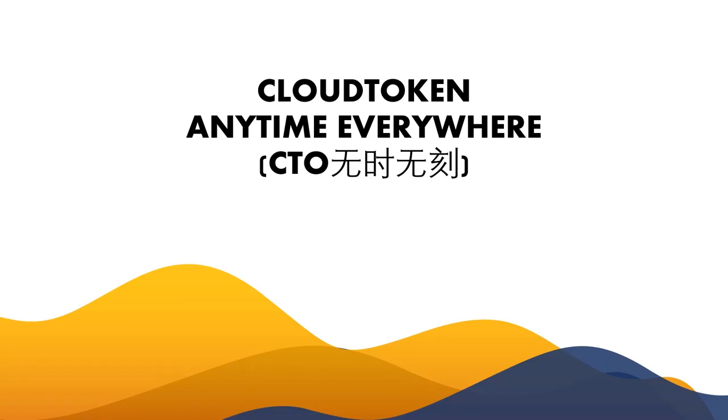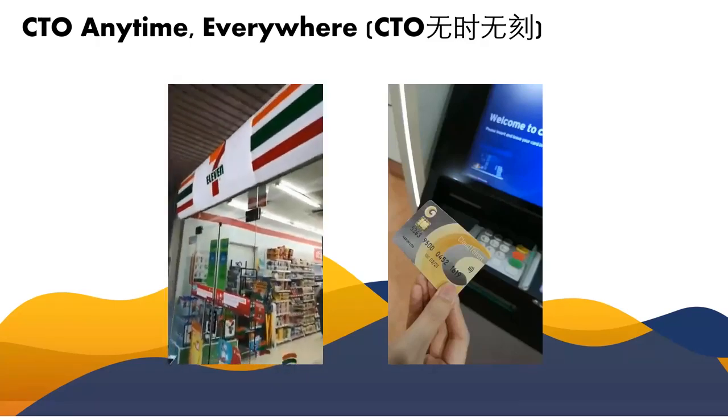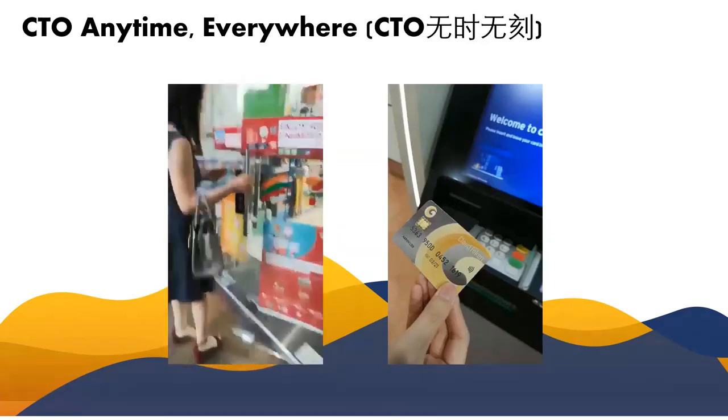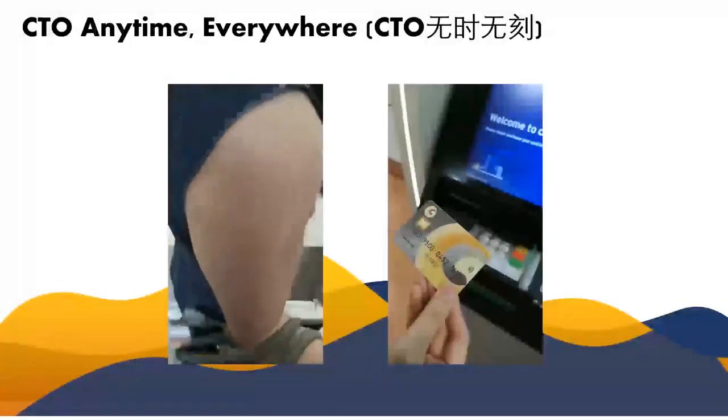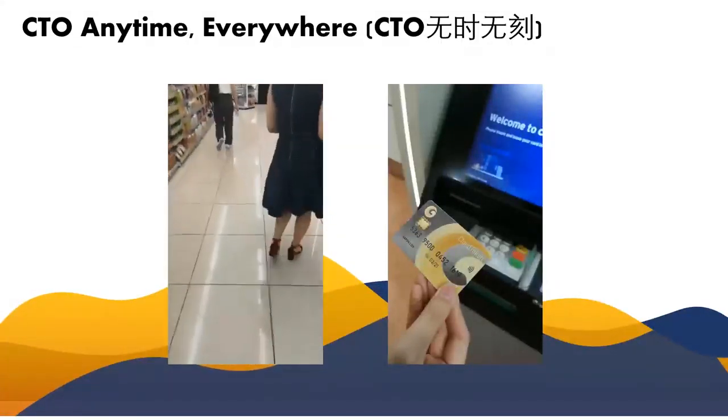So let's move on. CloudToken: you can use it anywhere through a card, either through the 7-Eleven